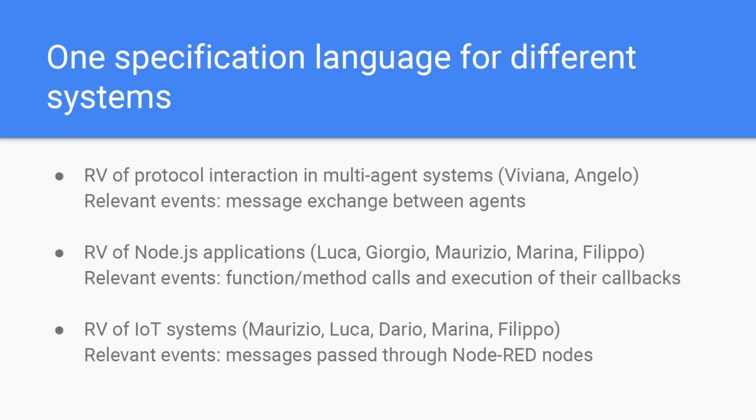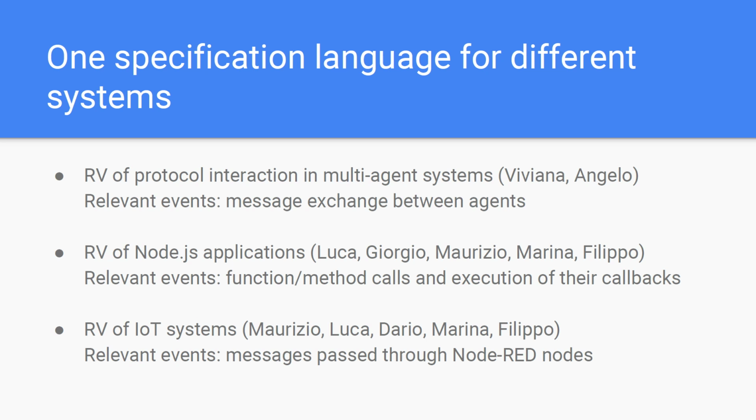And as you can see, we are using the same language, but of course the relevant events for runtime verification can be different. For instance, the focus in a multi-agent system is on message exchange between agents, while in Node.js, the relevant events, as we will see, are function and method calls and the execution of the callbacks associated with this function and method call,